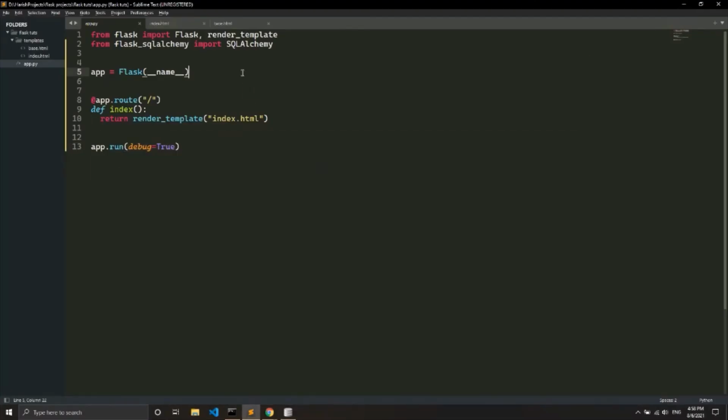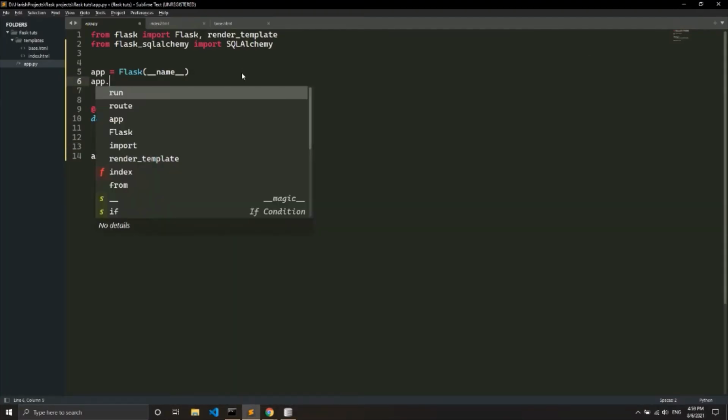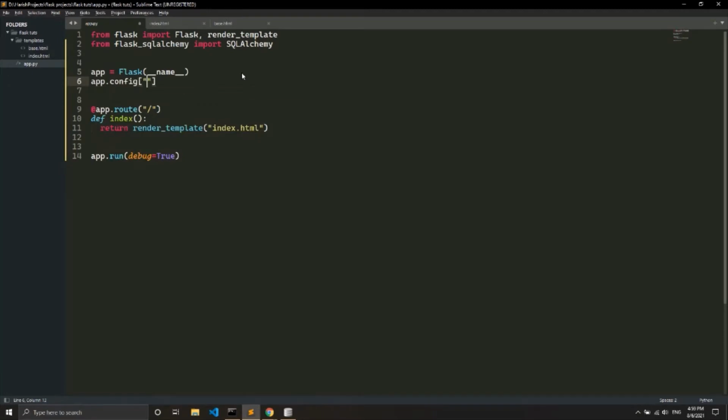So after you have done this, we have to create the database. You have to create a new config. So configs are nothing but configurations for the Flask app that we have created. So we have to create a config called SQLALCHEMY_DATABASE_URI.